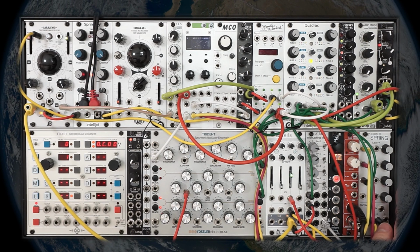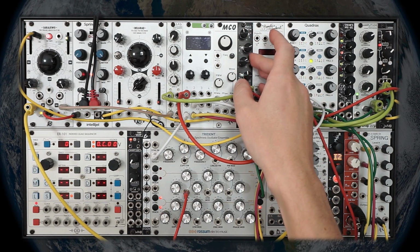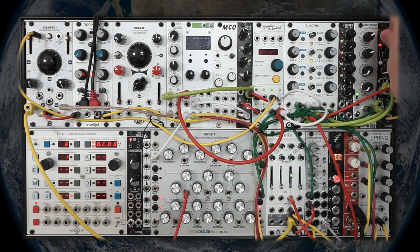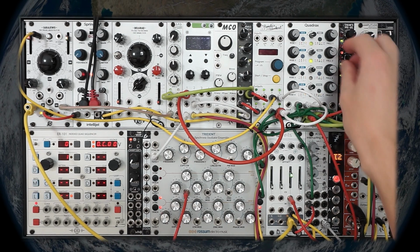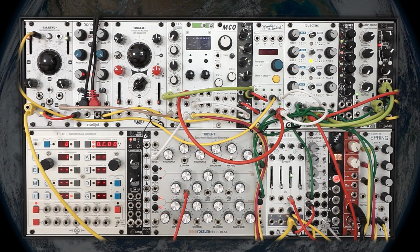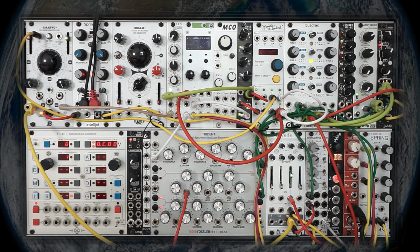So our bass now has a ton of performance controls. We have all the sequencing controls, we have the offset, we have the scaling, we have the filter cutoff, the filter envelope amount, we have the resonance, we have the decay time, and we have these handy, easy to get at controls for sending CV modulation to envelope decay, filter cutoff, and resonance. Now that I've got an interesting pattern going that I like, I might try to start modulating the oscillator's